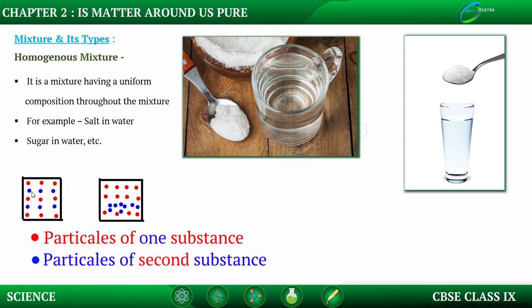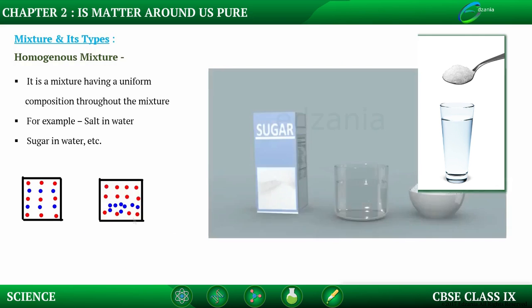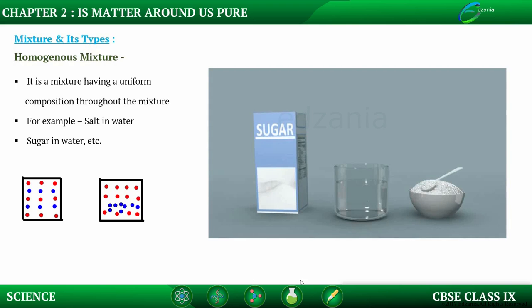That is, the blue color particles of the second substance which is dissolved into the first substance, they arrange themselves very uniformly and forms a mixture, and this mixture is called homogeneous mixture. However, another mixture is there in which the particles arrange themselves non-uniformly and it comes out to be like this. Let us consider an example and let us try to dissolve some sugar into water. You will see when you stir sugar with a spoon, then you will find that these sugar particles they dissolve themselves very easily in water because these particles distribute themselves uniformly within water.